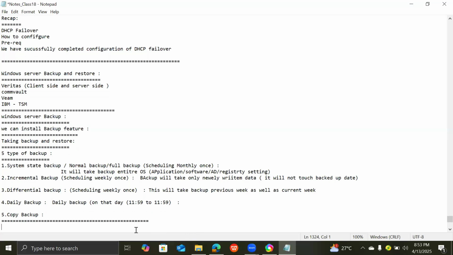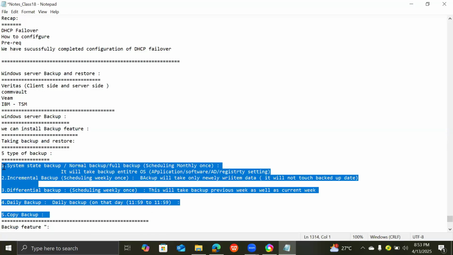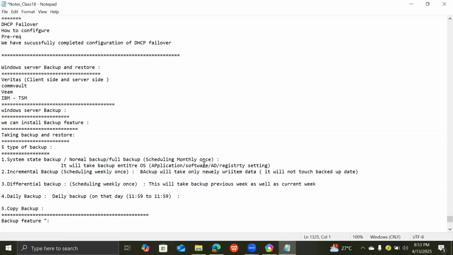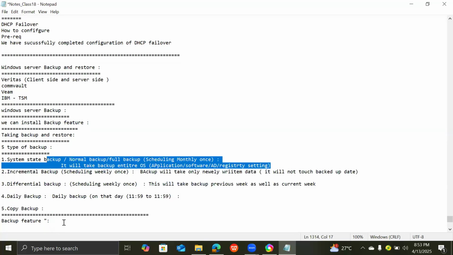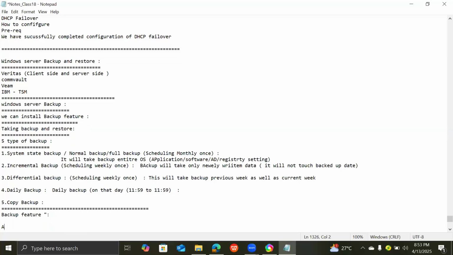what we can do is install a backup feature. And these are all what we talked about for data backup. And when you take the system state backup, it also covers the Active Directory backup. When you talk about the Active Directory backup,